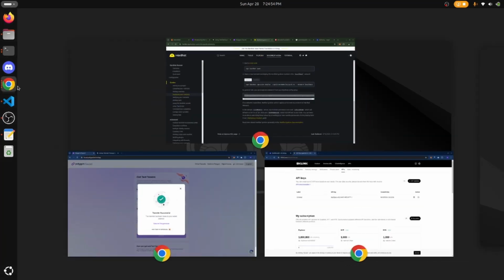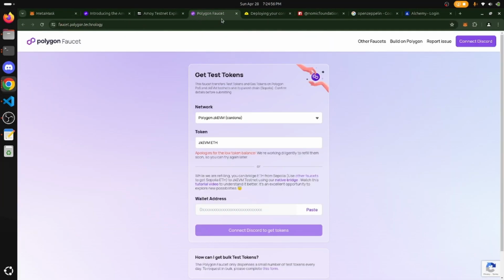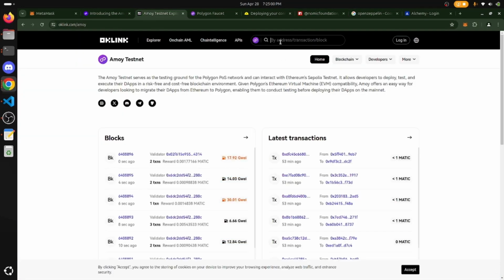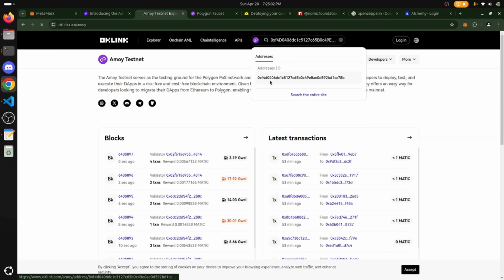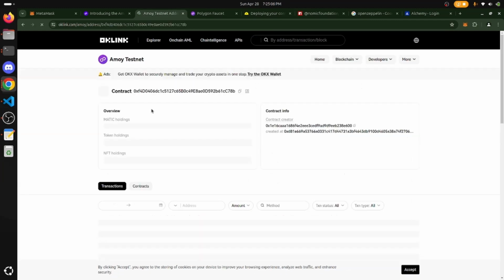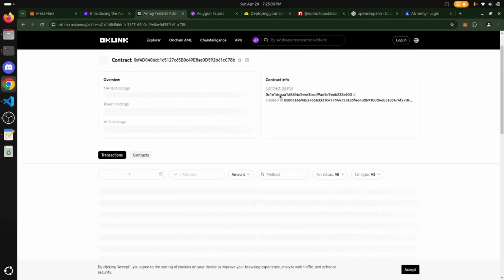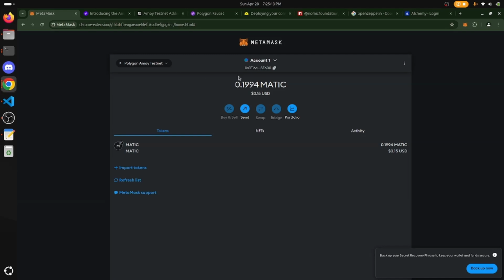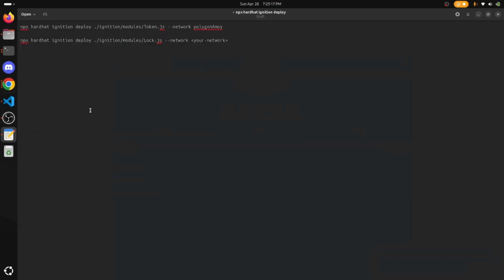and head over to the chain OK link one. Let's just go here and paste the address. Okay, so it is showing that our contract has been deployed by the creator 0x1e something. Okay, let's just verify that yeah, our address is similar. If I show you here